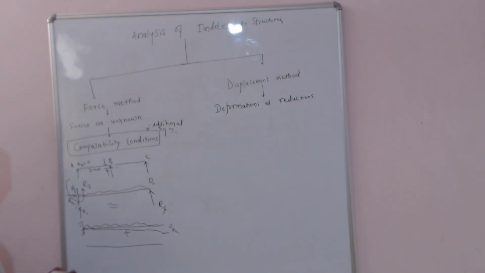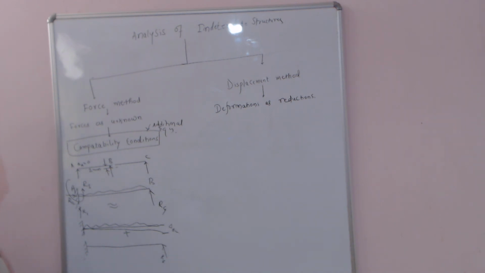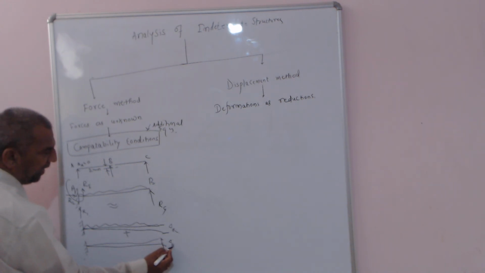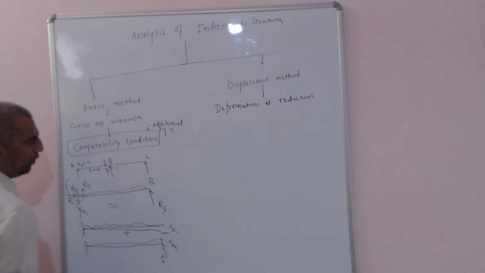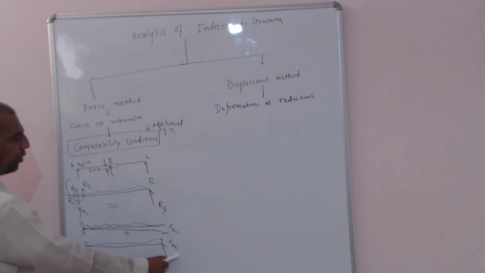Yes, plus go for this fixed member with a force in the form of R4. Because of that, you can guess the elastic curve for this particular member. The elastic curve for the member is like this. I will call this particular deformation as deformation at B due to the redundant force, the unknown force. I am not applying any other force here. Can you tell me what may be the expression for delta BR here?